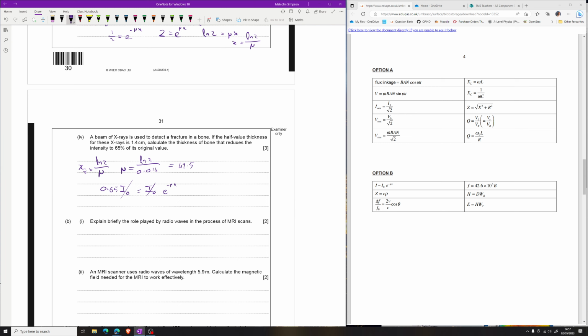Therefore minus mu x is equal to log 0.65. X is therefore equal to log 0.65 divided by minus 49.5, which equals,